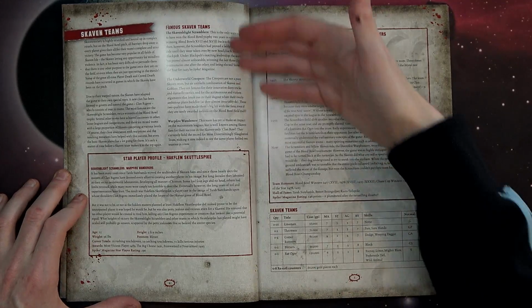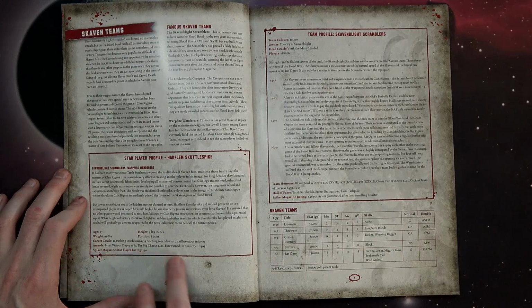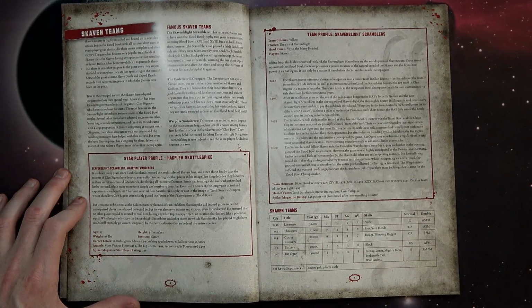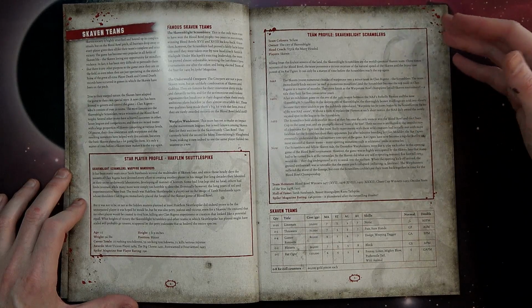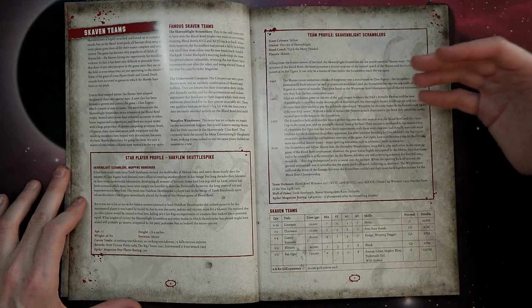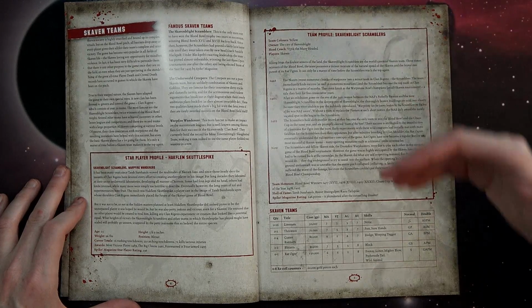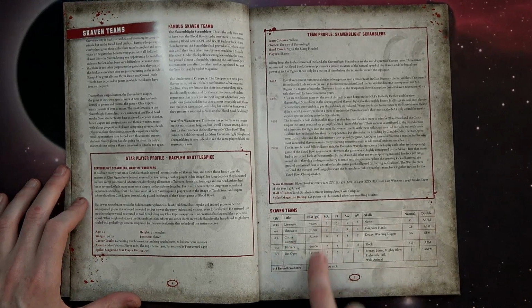So it talks about some kind of famous teams and a star player, and gives you some of their baseball card stats, football card stats right there. And then it gets into their actual profile, like, oh, the Dallas Cowboys have been America's team since the 1950s or whatever. And then it gets into the team section here, where you actually have stats, your costs, and